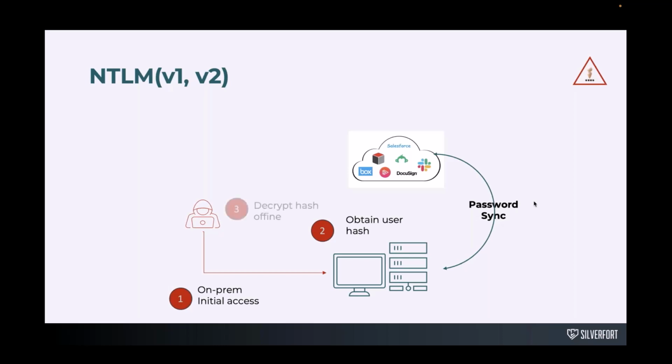I have the hash now. Now I can decrypt the hash offline, and then I can access the SaaS. And the SaaS, think of it. Even though we're hybrid, more and more companies hold their crown jewels in the SaaS, in their Office 365, in Box, in Salesforce. So here again, we have something that is 100% legacy, NTLM v1 and v2, but this legacy has opened an attacker way to your SaaS